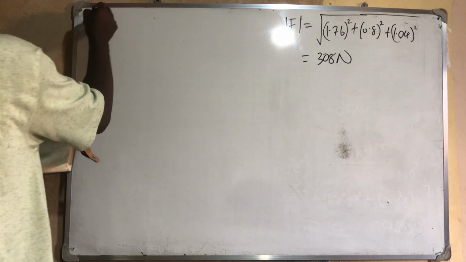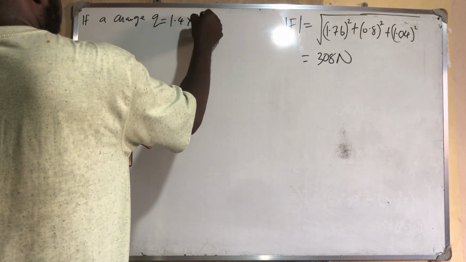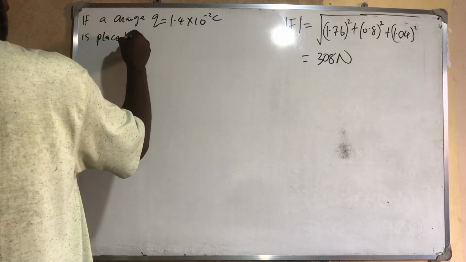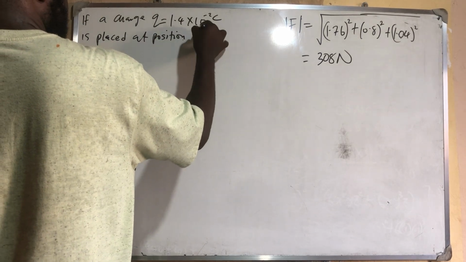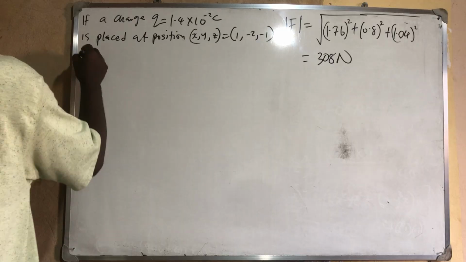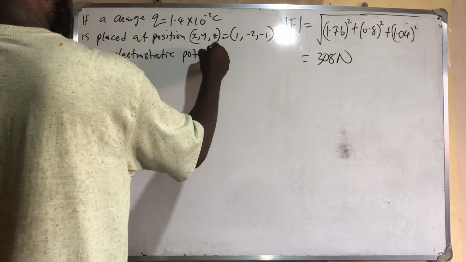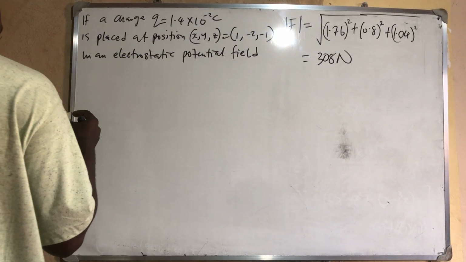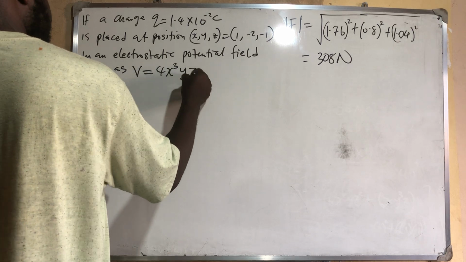It says, if a charge Q, which is equal to 1.4 times 10 raised to power minus 2 coulomb, is placed at position x, y, z, which is equal to 1, minus 2, minus 1, in an electrostatic potential field given as V is equal to 4x raised to power 3y z raised to power 5,